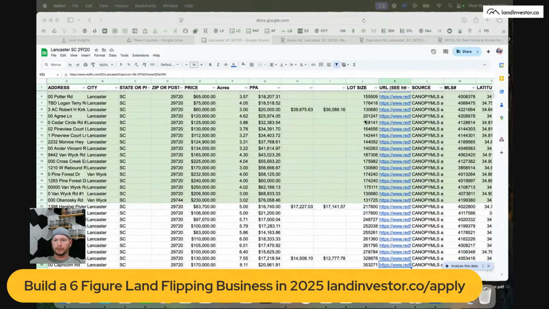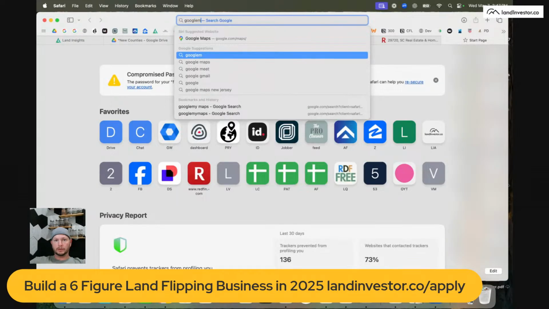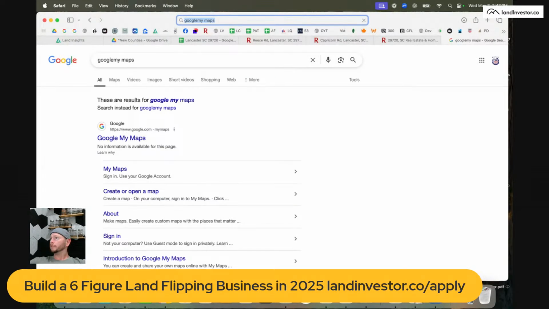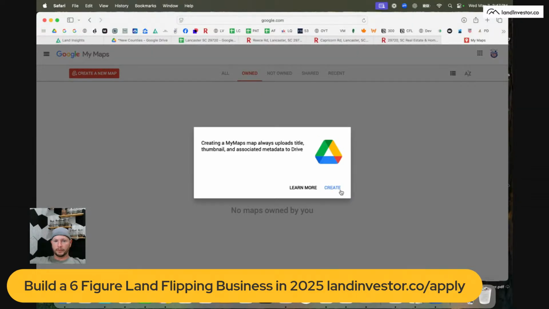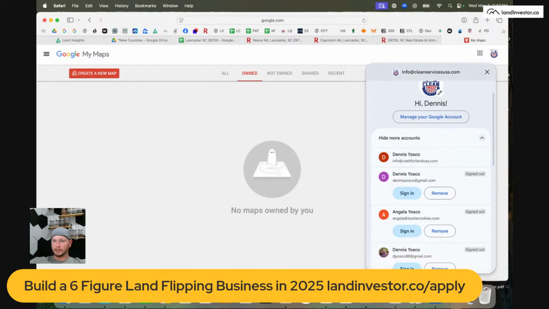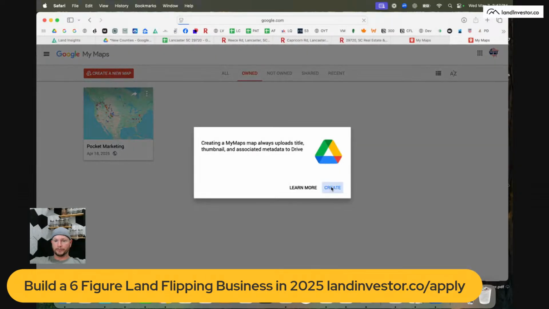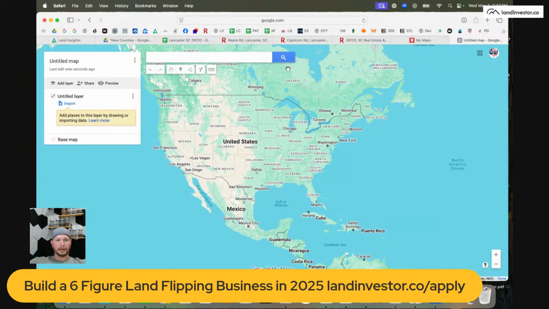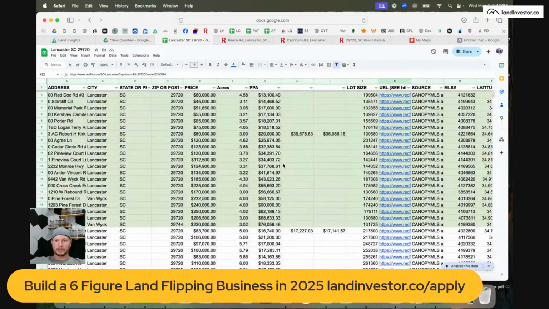I'm going to show you guys a pretty cool thing you could do. So let's go to Google My Maps. If you guys have never used this, it's a pretty cool way to also do something a little bit different. Create a map. Oh, sorry. That's actually on my other business, Cash for Land. There we go. Let's create a new map. Okay, so what I could actually do, well, since I've already kind of selected this stuff,